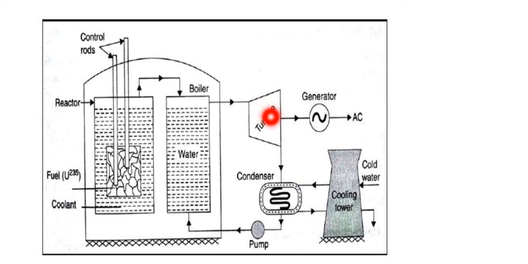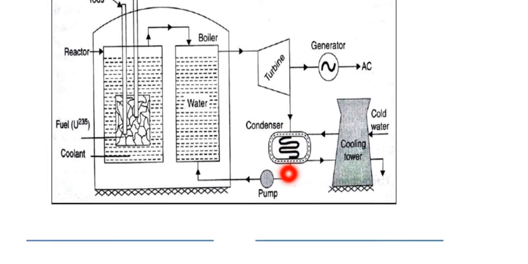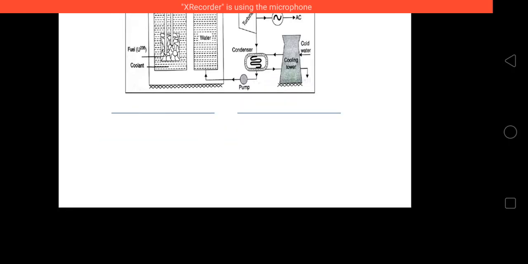See, the steam which is generated, after falling on the blades of the turbine, is allowed to pass into the condenser. And after condensation, what will happen? After condensation, that steam is again converted into water and again it is pumped back into the boiler. Okay, so sometimes the water formed after the condensation is allowed to pass through the cooling tower, the water gets cooled or chilled and again that water is recirculated through the pump back into the boiler. So in this way the nuclear reactor works.